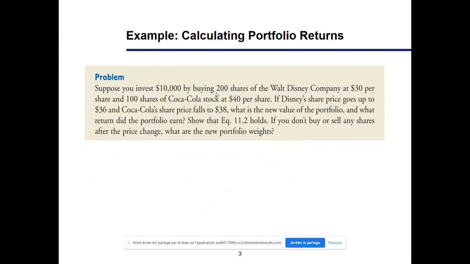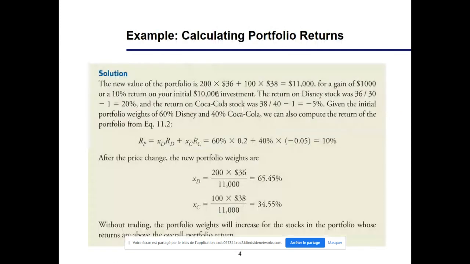Okay, I invested 6,000 in Walt Disney, which is 60% of my portfolio, and multiplied by the return of my Disney, sorry, the Disney, you get a return of